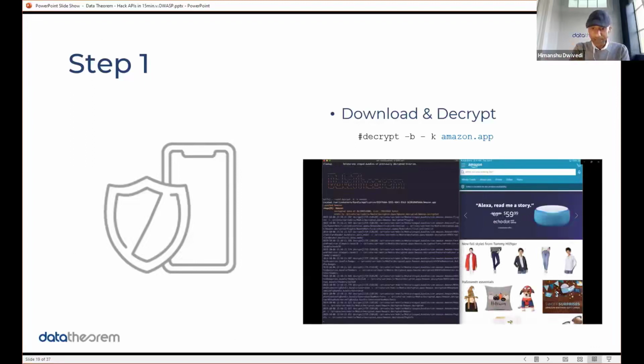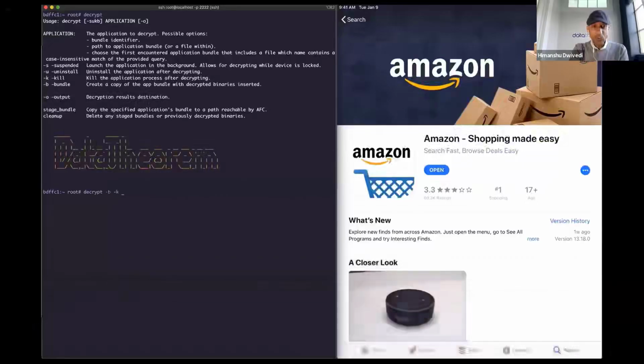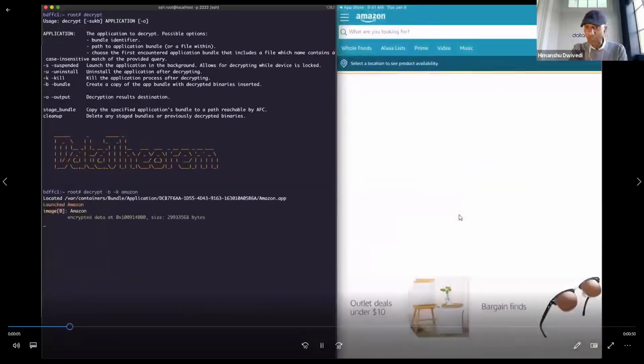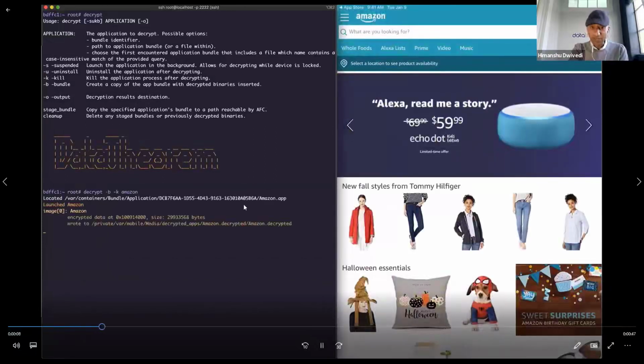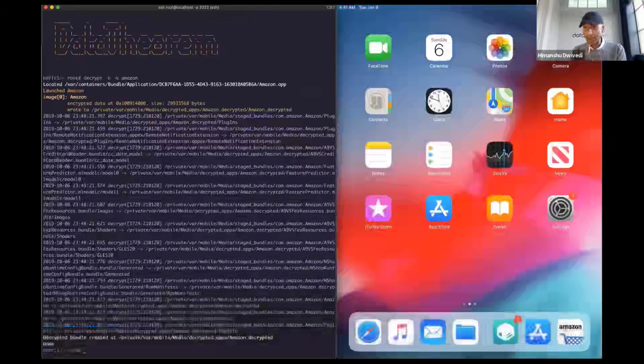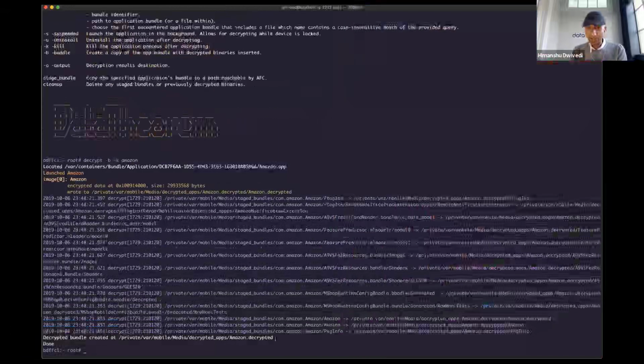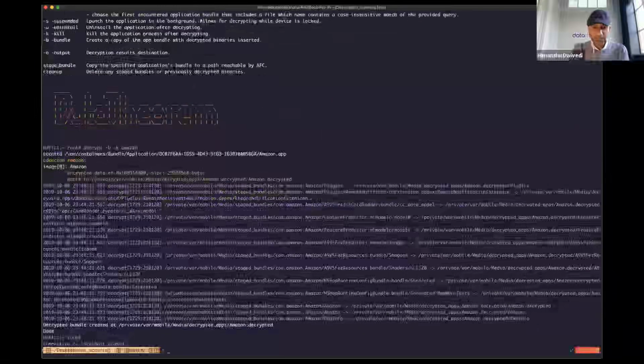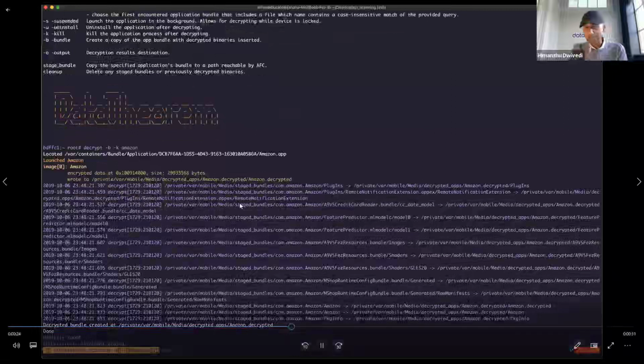And I'm going to now share a video of us doing that so you can see it in real time. So I'm going to switch back and forth for your pleasure. This is us decrypting the Amazon app. The Amazon app is on the right side on the iPad, and the left side is our code. Depending on what technologies you have or how comfortable you are, it's not very difficult, right? Decrypting an app from the App Store, removing the DRM, is pretty standard. So that's done here. That's all decrypted, and now we're going to take the decrypted app and put it on our analyzer farm. So I'm going to go back to the PowerPoint.